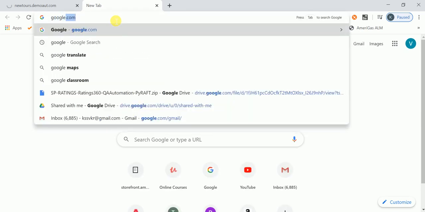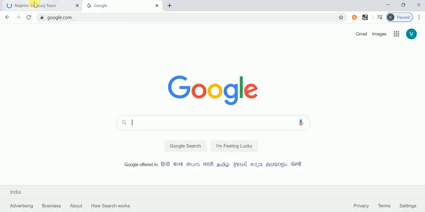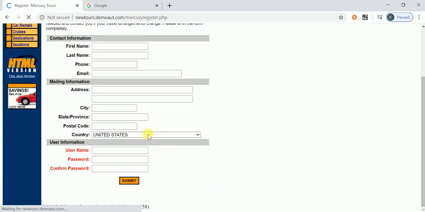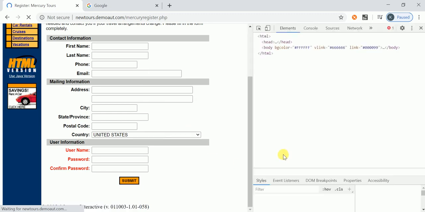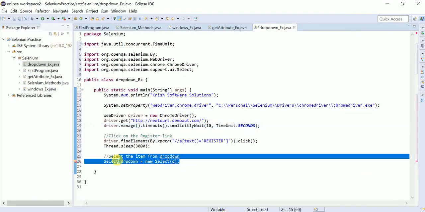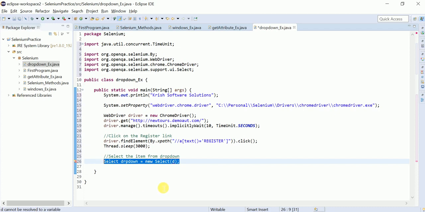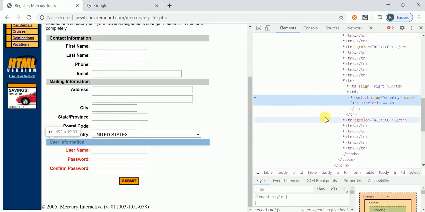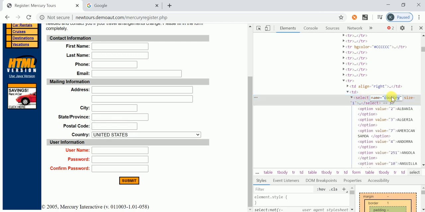We have the drop down. Okay, it seems it is opened. Fine. So I need to inspect this. What is the name of this select? See, you can also see the select tag here. Whenever you have a select tag, only then can you use this syntax. If the select tag is not there, you cannot use this syntax; then that will be an AngularJS drop down, and we need to use an alternative syntax.